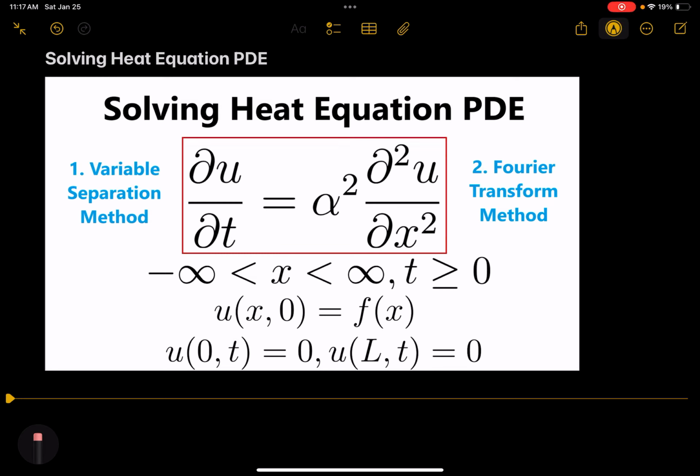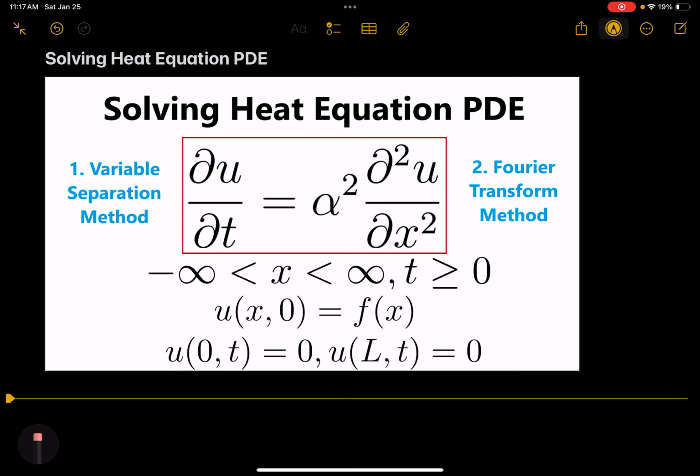Hi guys. So in this video, we are going to solve the heat equation, partial differential equation. And then, we are going to solve it using two ways, the Fourier transform and the variable separation method, which is again just trying to use the ordinary differential equation after separating variables, right? And there are a few restrictions on variables, like the time variable should be greater than or equal to 0, or